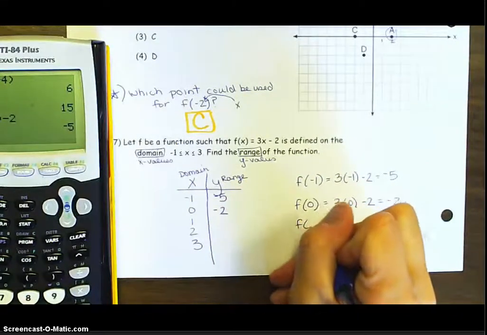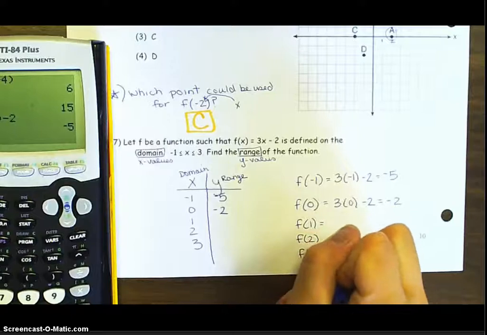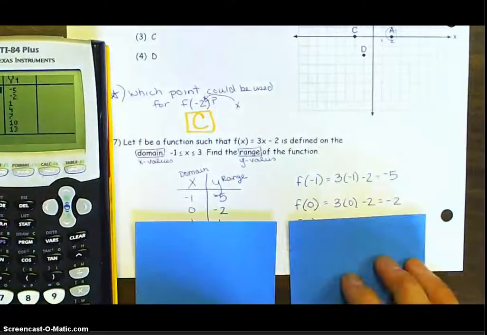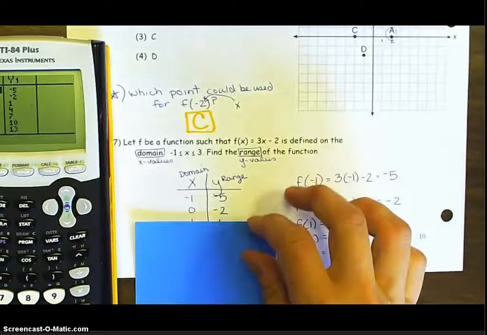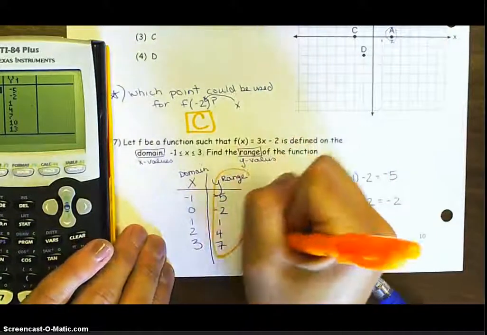Then I'm going to go ahead now, find f of 1, f of 2, f of 3, and I'd like you to find these on your own. All right, so if we plugged those in, we should get 1, 4, 7. We fill in the rest of our table of values. 1, 4, 7. And now we have finished our